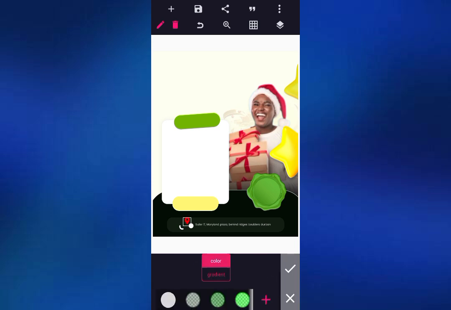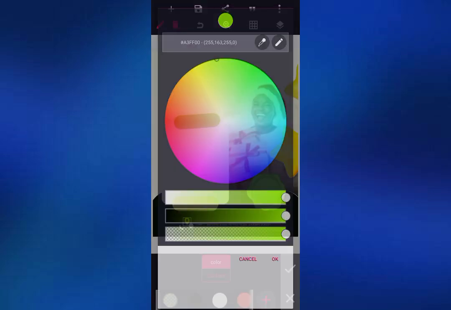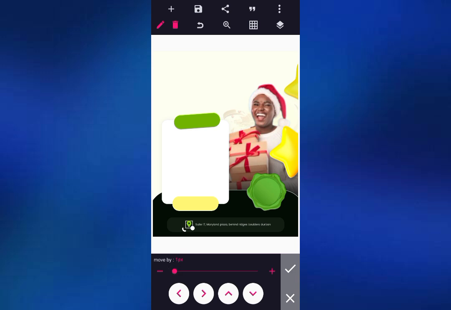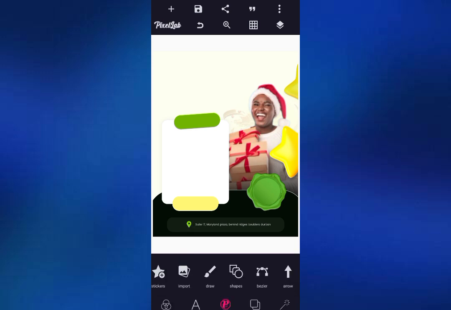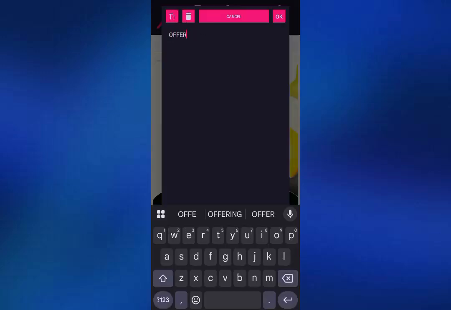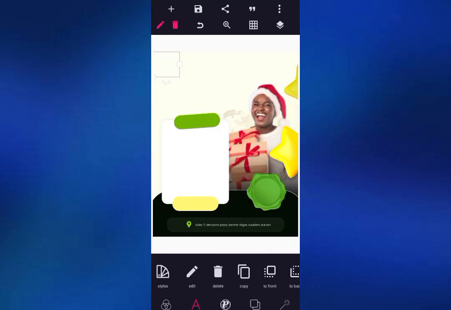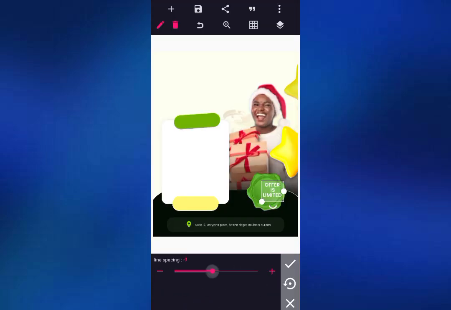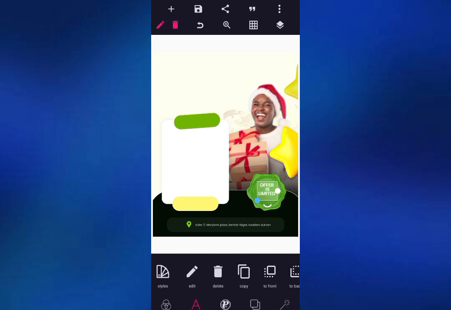So you can just use this sticker on Pixellab to generate a location sign and then make it green. So you can see how it's actually working. You can make it light green and then adjust it there. Just take it to the right, as you can see, guys. So this is good. So just take this up, and then we can write in the second one, which we're going to put on that green stamp. Offer is limited. You can just make it Poppins,